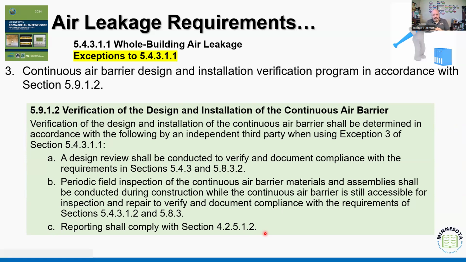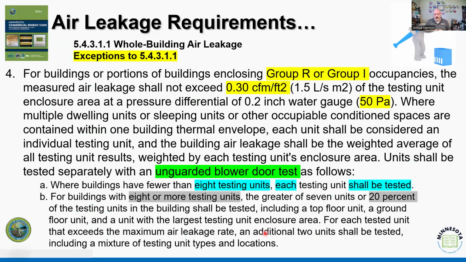continuous air barrier, right? So if we're in a rural area and we don't have a person or a company that does the blower door testing, we can utilize this to say, hey, we want to make sure that we've at least verified periodically more than what I as an inspector am doing, because I don't have the capacity to be on site. But this is one of those conversations that you have at the beginning of the process, so that we know from the beginning. This is not where you come in 3 months after this began to say, hey, I need to go back and look at all the walls that you did before, right? This is why it's important we identify this up front in that design process.